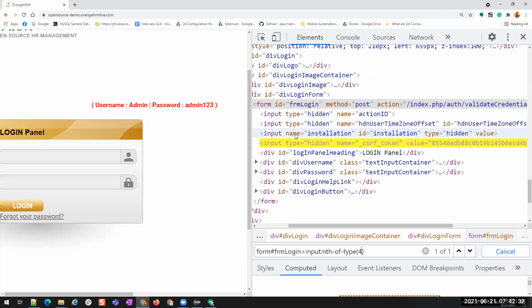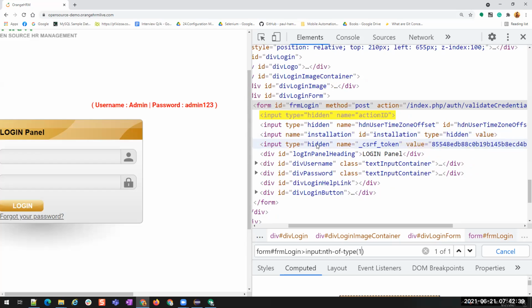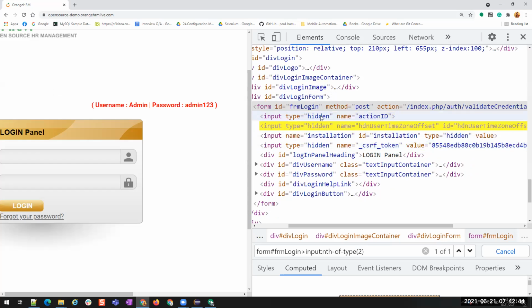If I mention 4, it will select this. If I mention 1, it is selecting the first. 2, the second one. You see it? So if you want to find an element using its position or index, then we have to use the keyword in CSS called nth of type.